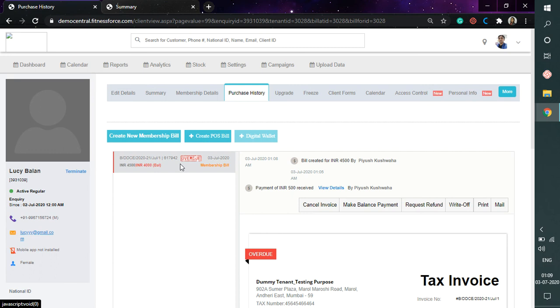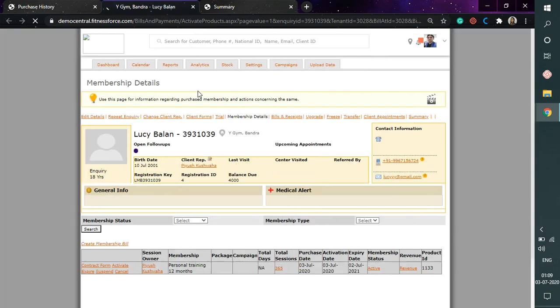Also note the balance amount will also show in the membership details section as balance due on the member's profile. Also, you will find the balance payment reminder on the dashboard under the expected payment section as per the next follow-up date. Alright, this was all about the expected follow-up feature in our Fitness Post software. Thank you.